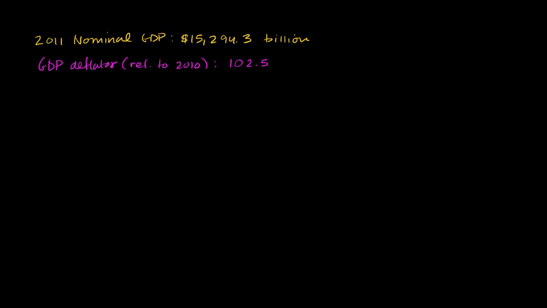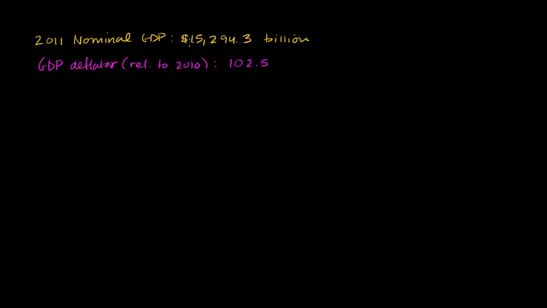Let's say the 2011 nominal GDP is $15,294.3 billion. And I didn't just make this number up. This is actually the advanced estimate of what 2011's GDP was in the fourth quarter. And now this isn't just the fourth quarter number. They took the fourth quarter number and then they annualized this to get to this 15,000 billion, which is essentially